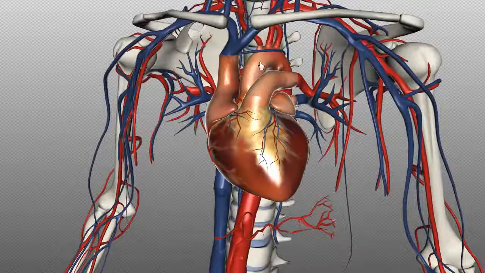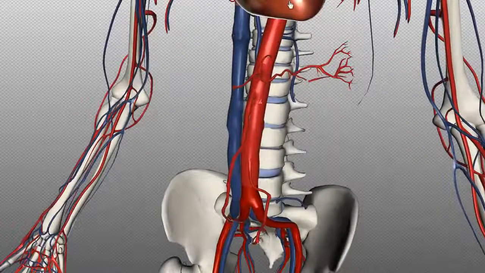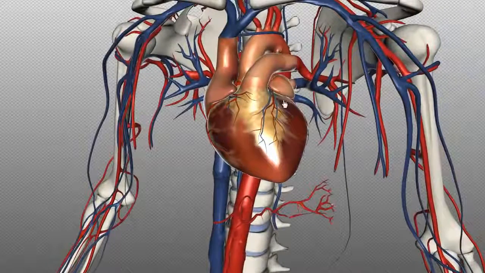So you've got this ascending portion, and then you've got this arch shape, so this is the arch of the aorta, and then you've got the descending aorta, so the section from the arch of the aorta to the point where it divides into the common iliac arteries, down here. So that's the descending aorta. And then you can divide it into the thoracic and abdominal aorta. The thoracic aorta is the section of the aorta which is above the diaphragm,